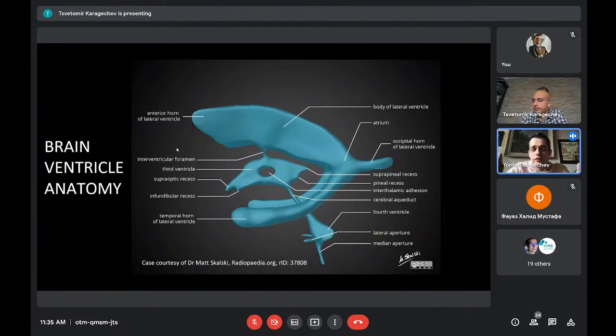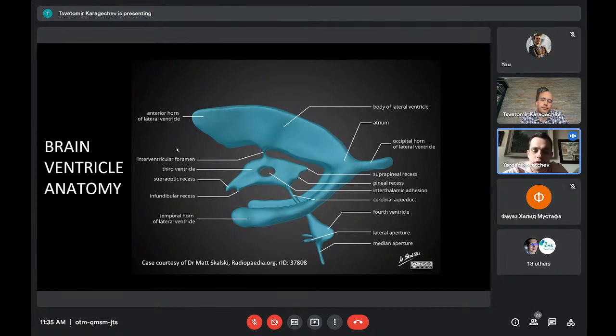On both sides in the temporal lobes, we have temporal horns, and when there is hydrocephalus, which means that the brain is swelling and there is more fluid in the ventricular system, this is the first part in the brain where you see it, in the temporal horns, and we can really early differentiate whether a patient will develop hydrocephalus. And then they're all connected, as you know, because they drain into the spine.